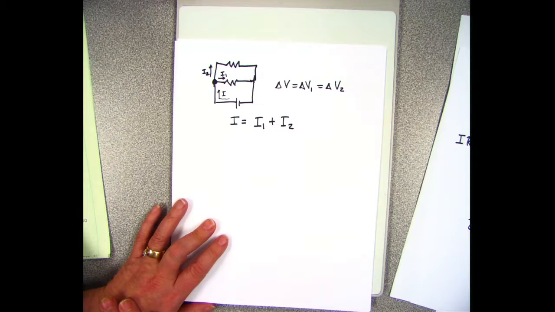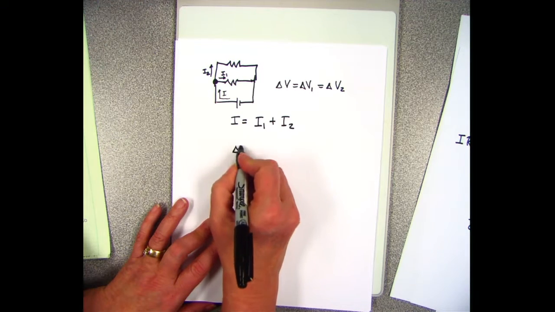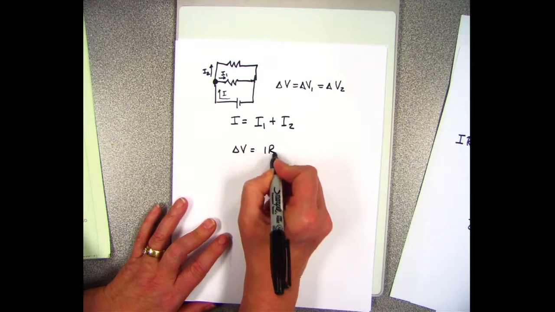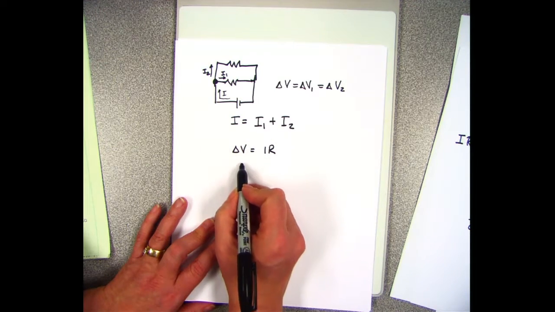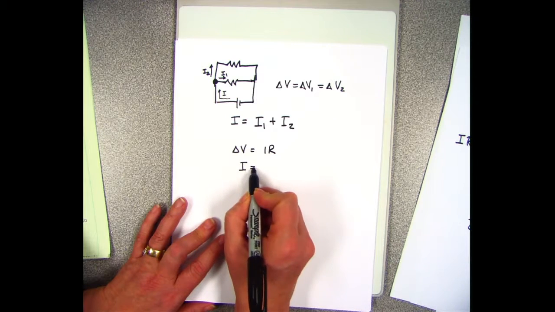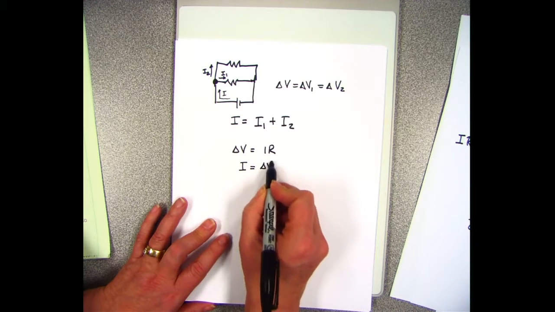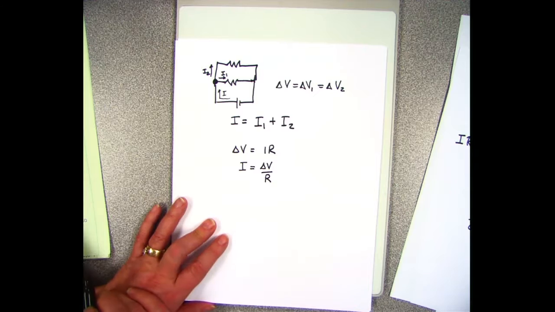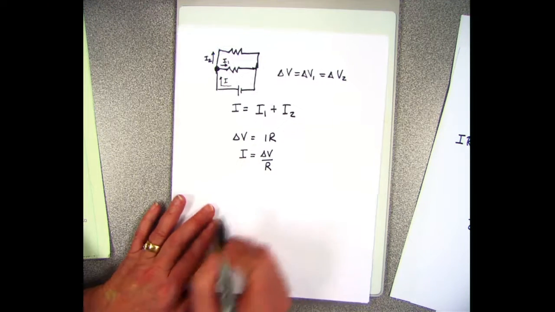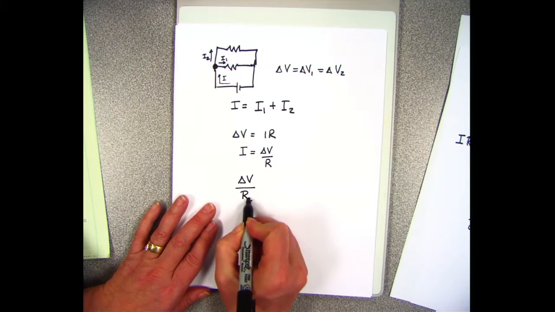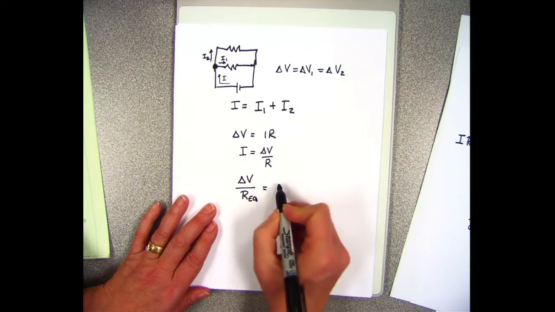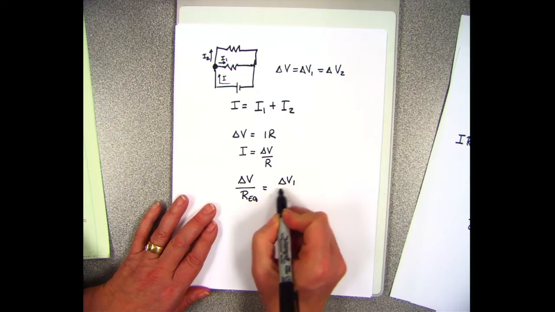So my current is actually going to go through, and if I use my change in potential is equal to IR, good old Ohm's law, I'm going to get my current is equal to the change in potential over R. My current becomes my change in potential over the R equivalent, which is equal to the change in potential at 1 over the resistance 1,